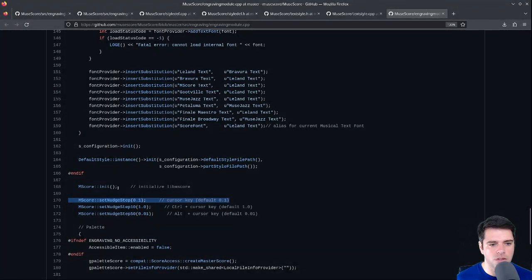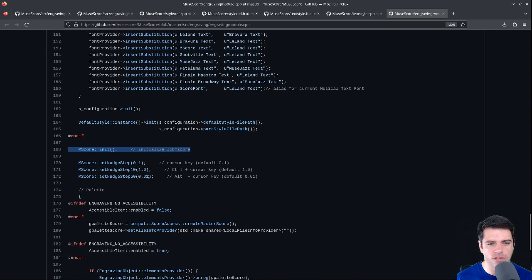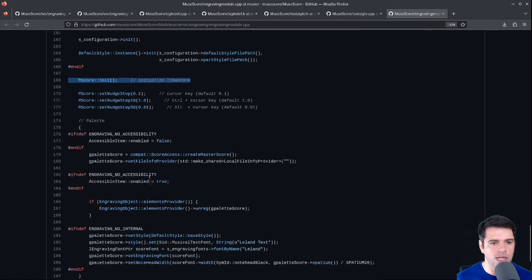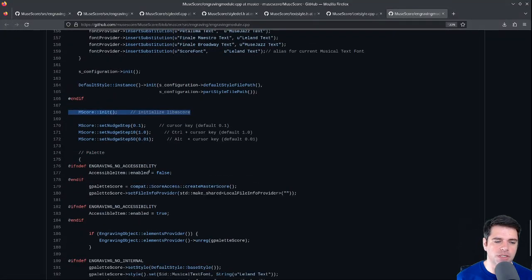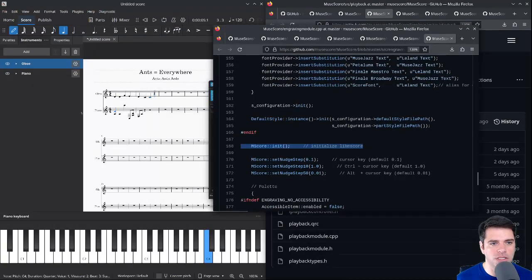This is not some say so. We're going to call MScore init, which inits lib MScore, and then we're going to set nudge steps to 0.1 and set nudge step 10 to 1.0, which seems like it's just 10 times the first nudge step. And then nudge step 50 is a 10th of the first. I don't know why. And I'm also not sure what nudging means. So, if I nudge a note, is it